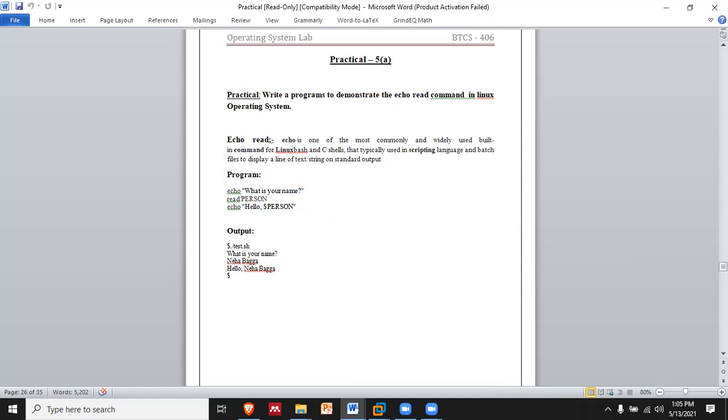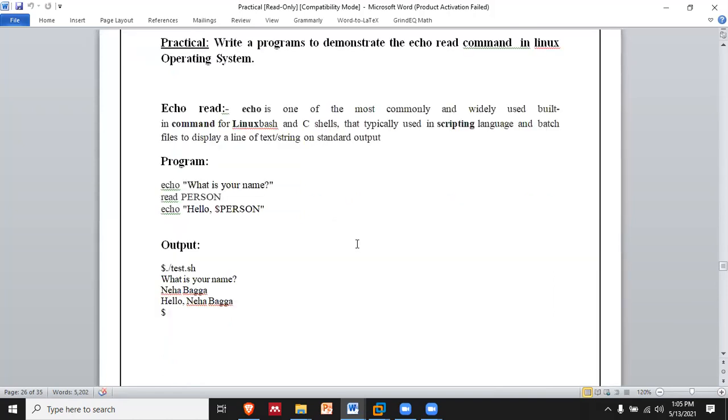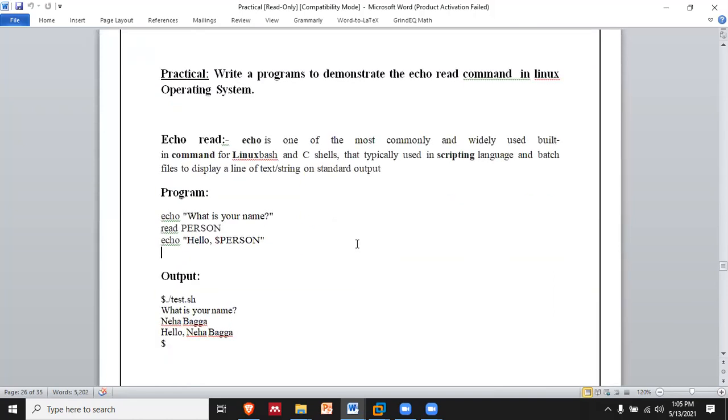So guys, this is the code to read content from the user and then print the value back on the screen, right? Here we have the echo command and the read command.